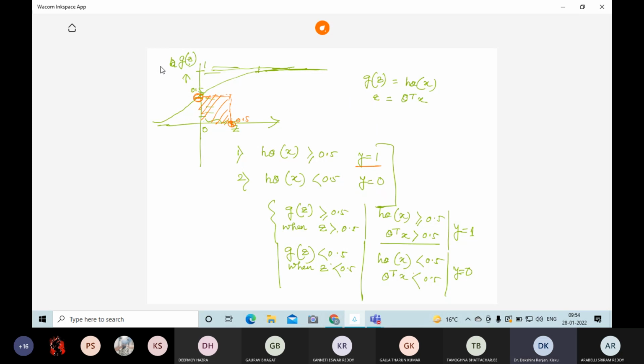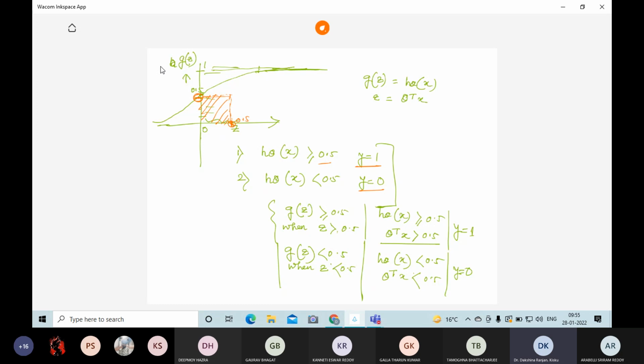So whatever the observations or training examples which will be plotted inside this area will be found to be y equals 0. Otherwise, if some points are found to be outside this area, then the class level becomes 1. That means the predicted value is found to be greater than or equal to 0.5,